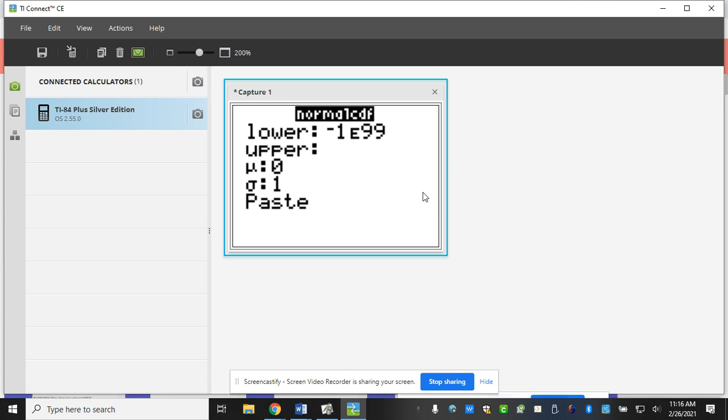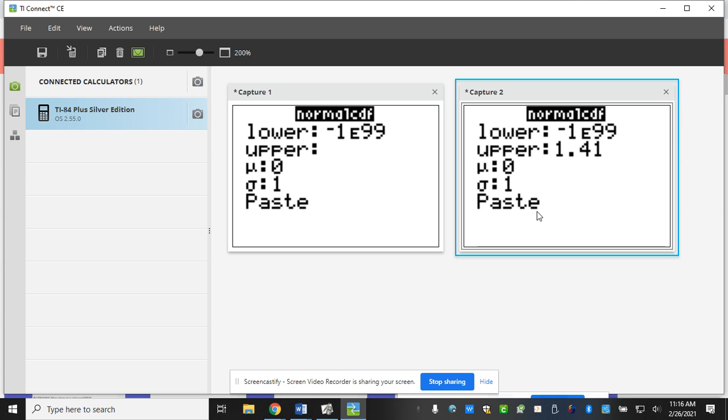This is telling you I am doing a Z-curve where I'm starting shading at, what do you think the -1E99 means? What does E99 mean? Like a whole bunch? So I'm going really far left. So that's close to negative infinity. So I'm starting shading all the way to the left. Upper is where I want to stop shading. So for this problem that we just did, I'm going to plug in 1.41